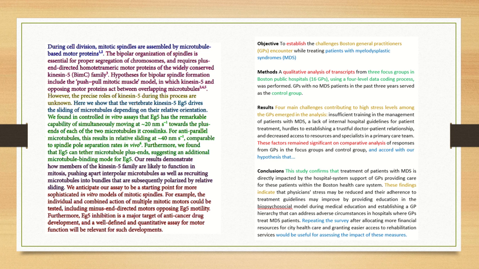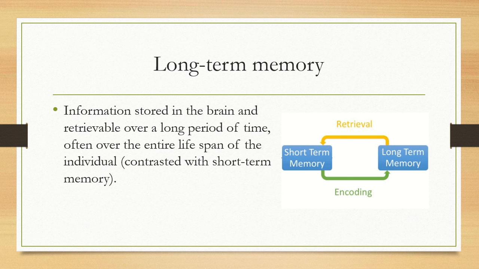The multi-store model suggests that all short-term memory will automatically be placed into long-term memory after a certain amount of time. So what is long-term memory? Long-term memory means information stored in the brain and retrievable over a long period of time, often over the entire lifespan of the individual. Because the capacity and duration of short-term memory are limited, and long-term memory tends to have unlimited capacity,